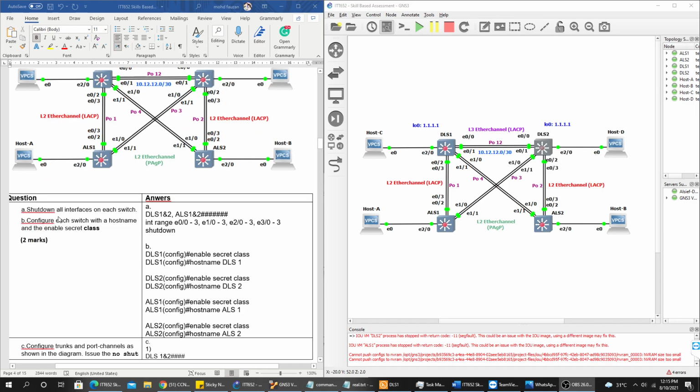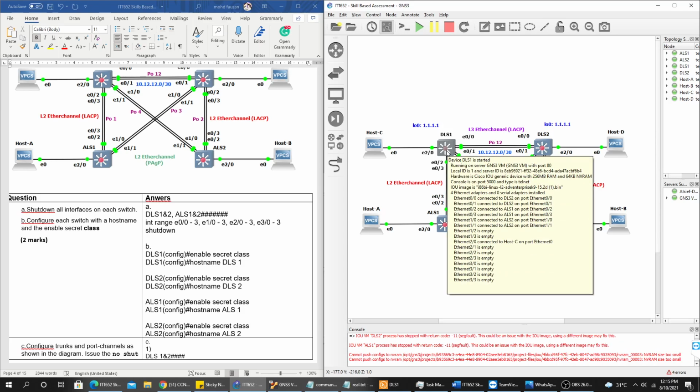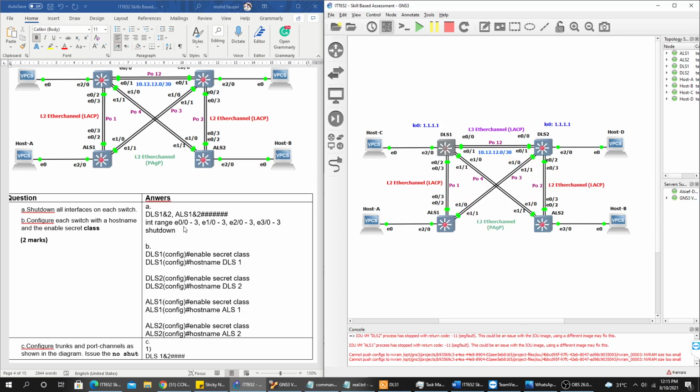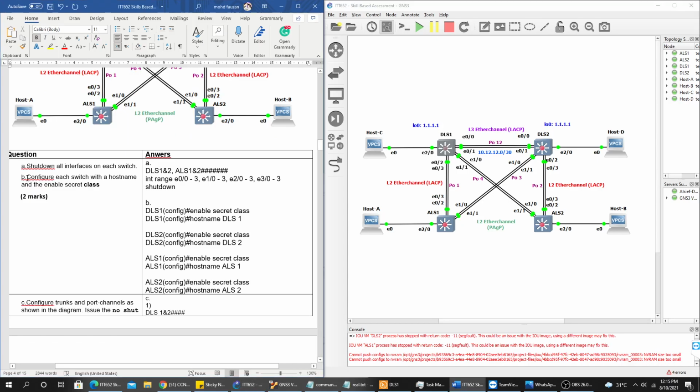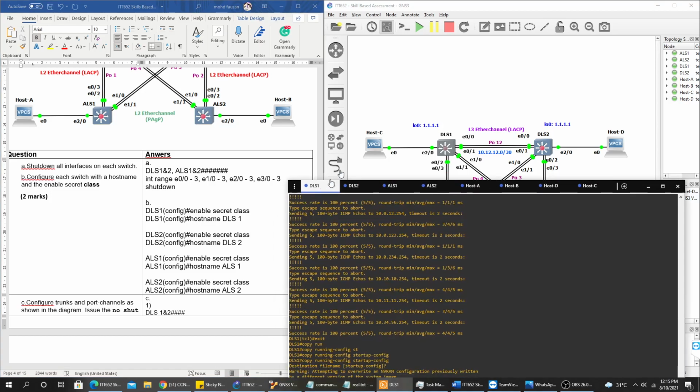The first command asks to shut down all of the ports. So I shut down all the ports at channel 0 until all of the ports are visible here. And after that, on each of the switches, I change the host name. For example, the DLS1 I change it to